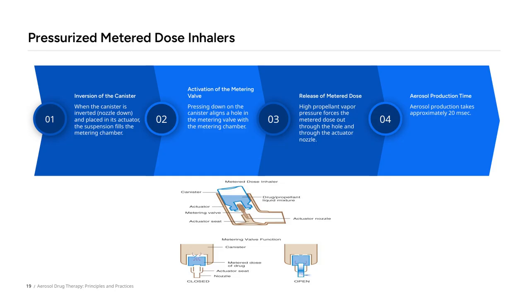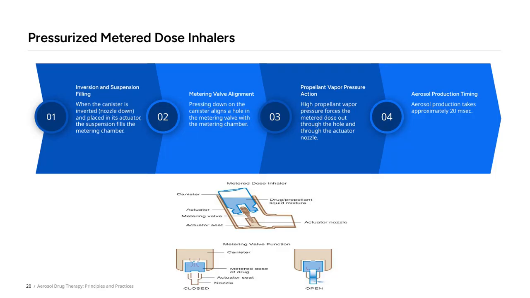This process is fundamental to how MDIs deliver medication reliably and effectively as part of aerosol drug therapy. Now, let's look at what happens when you use a pressurized metered dose inhaler. First, when you invert the canister, meaning nozzle down, and place it into the actuator, the suspension inside the canister fills the metering chamber. This is a key step because it ensures the correct amount of medication is prepared for